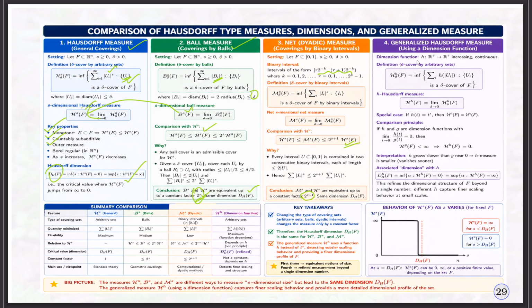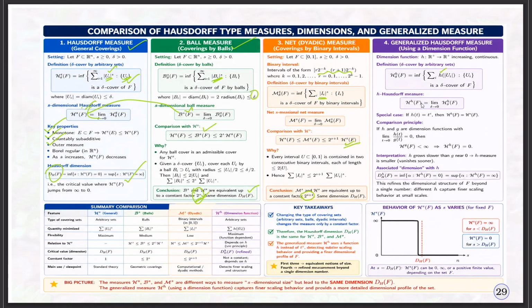Now the dimension function h is defined from R^+ to R^+; it is an increasing continuous function. Here we are taking the diameter of the spherical ball, here the diameter of the arbitrary set to the power s, whereas here, with respect to this dimension function, we define the function on the diameter of U_i. So for various dimension functions, one can get different H^h of F. That Hausdorff